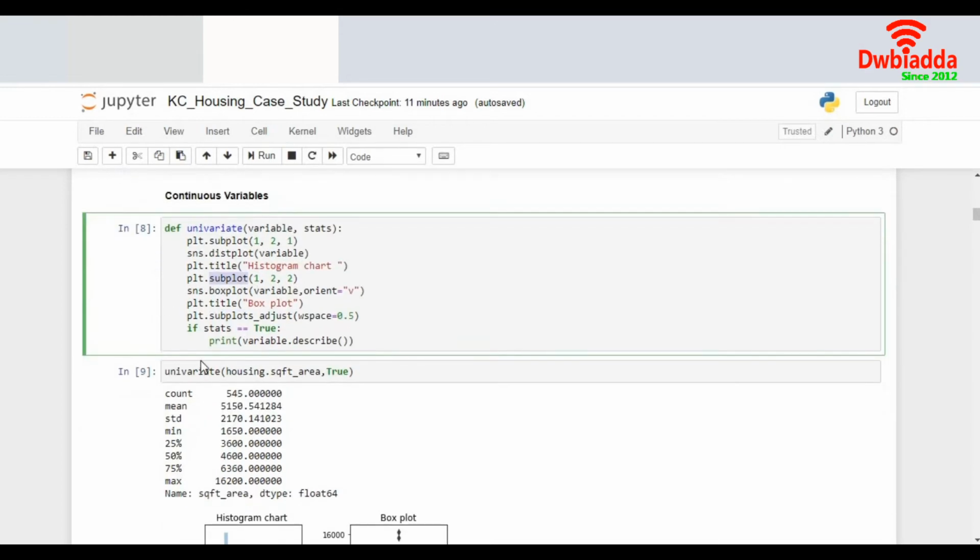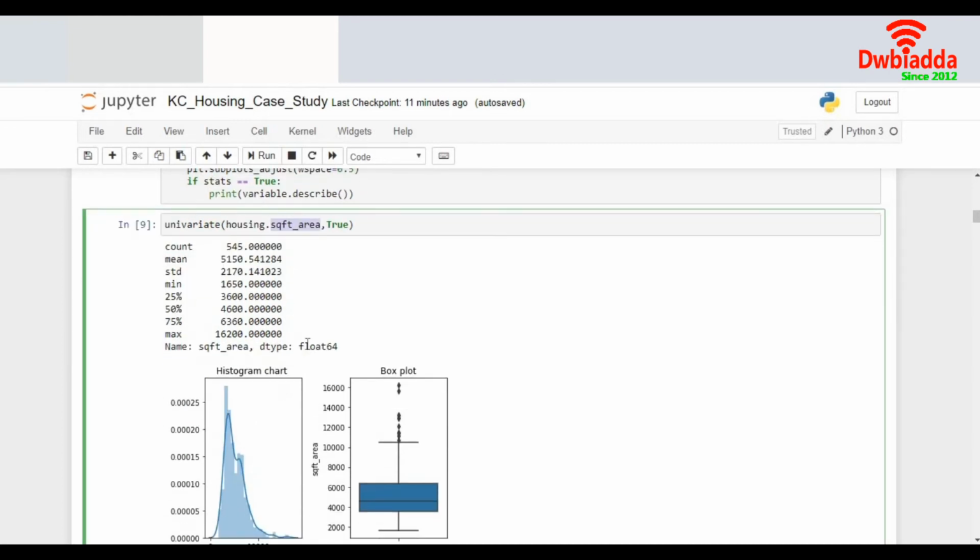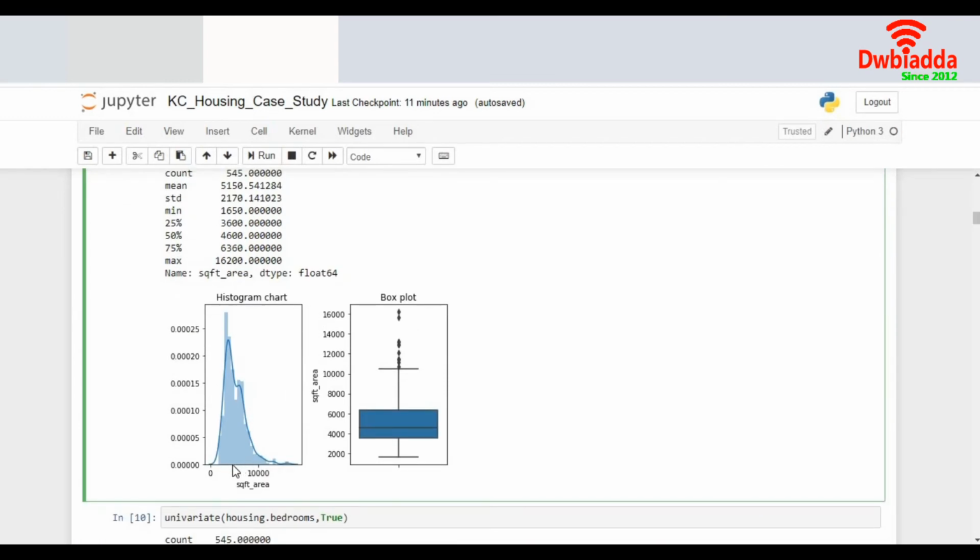Right, so let's try to pass each of the continuous variables one by one and try to understand how this data behaves. The first one that I pass is the square feet area, just to understand what the spread of the area is and how it goes. I see most of the data is in between, let's say 2000 to 5000, I guess it's somewhere in between. So that is where most of the data lies, and slowly it decreases. This could probably be the 10,000 range, and I see very little data after 10,000.